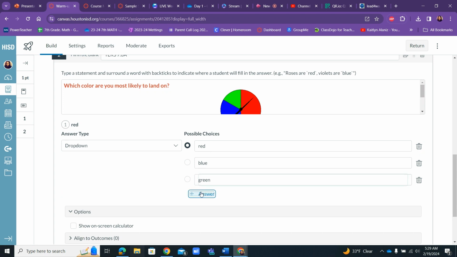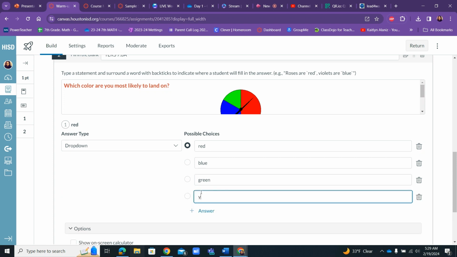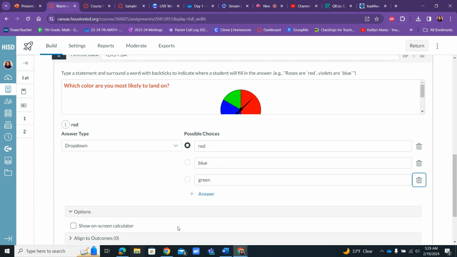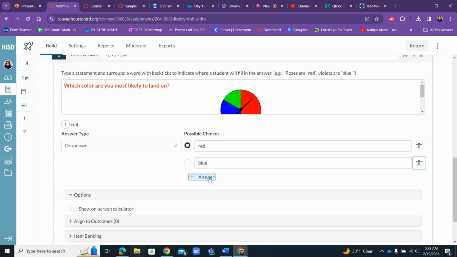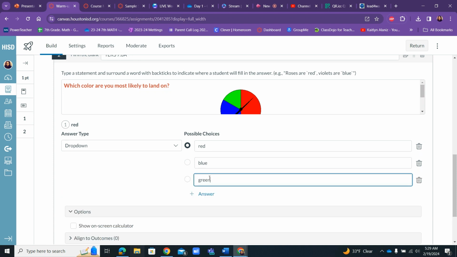Should I go ahead and have other answers, I can do add answers. If I go ahead and I'm like, oh, I don't need that answer, I can easily go ahead and delete it. Okay, so you can go ahead and have two options here if you needed to, red and blue, but you could also go ahead and make sure that everything is available to them as needed. Okay, now,